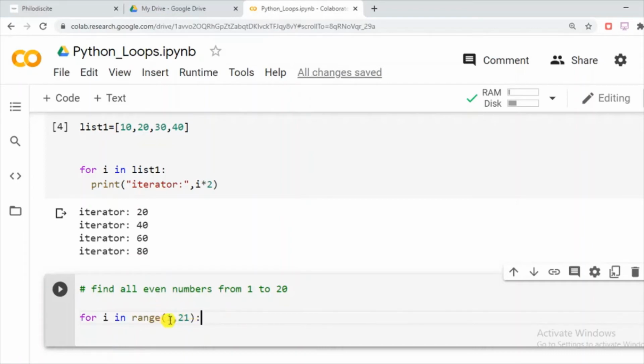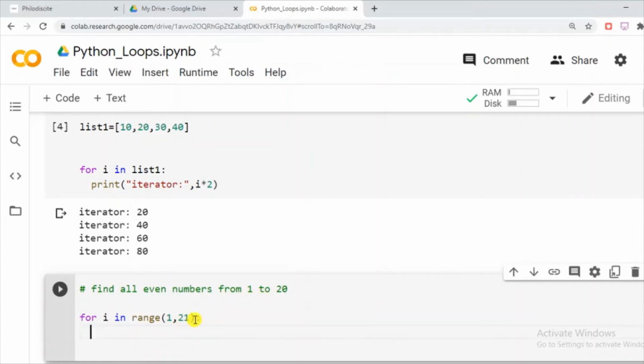Always it takes one number less than the highest limit. If I give 20 here, it only takes numbers from 1 to 19. But we want even numbers from 1 to 20, so that's why I had provided 21 here. Okay, now